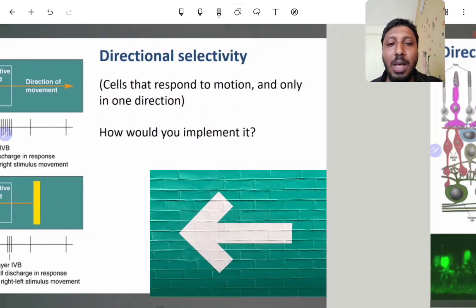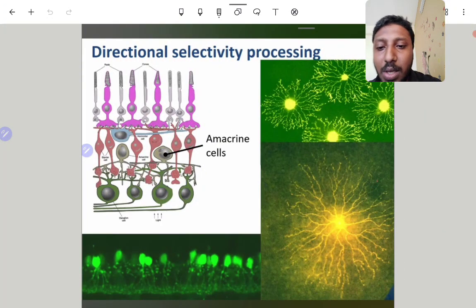The implementation is using these amacrine cells. Just imagine there is a light source, and it is moving from right to left. First it will stimulate this bipolar neuron, second it will stimulate this bipolar neuron, third it will stimulate maybe this bipolar neuron.